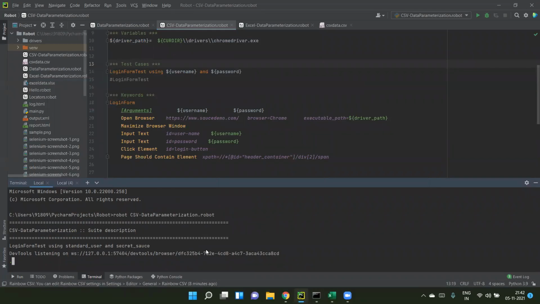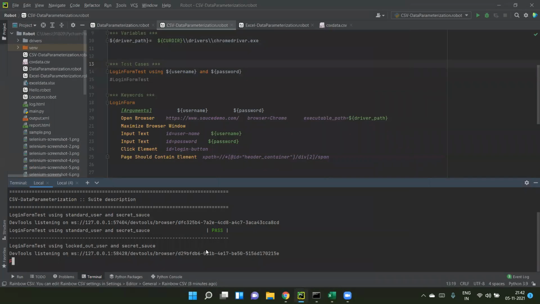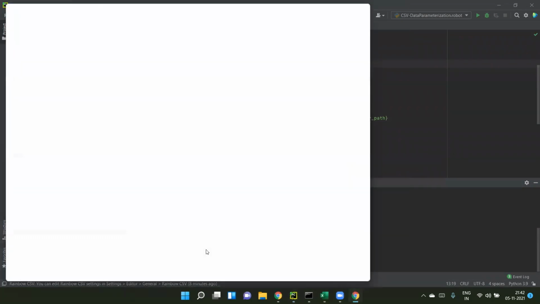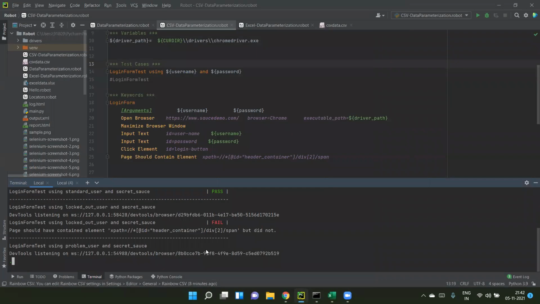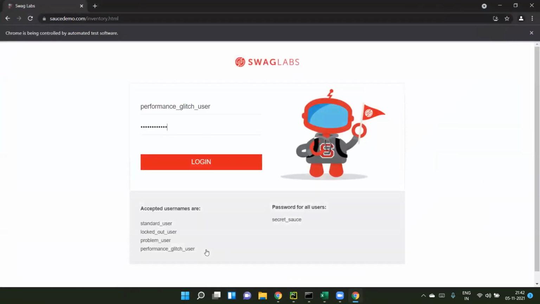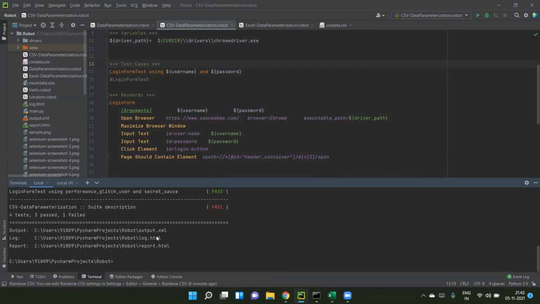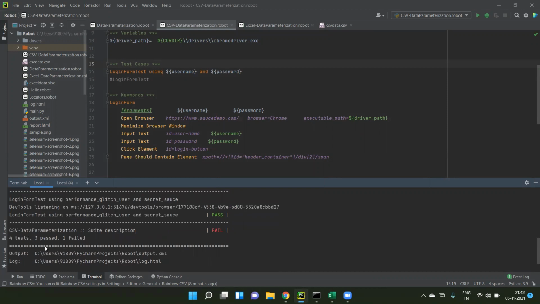There is no difference. Again, it will be 4 test cases, 3 passed.